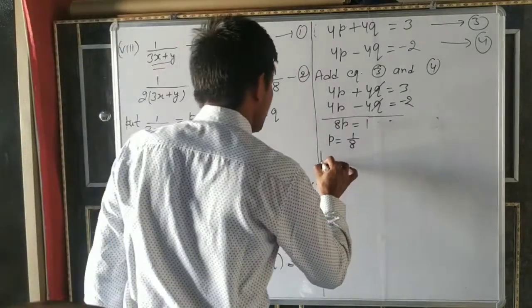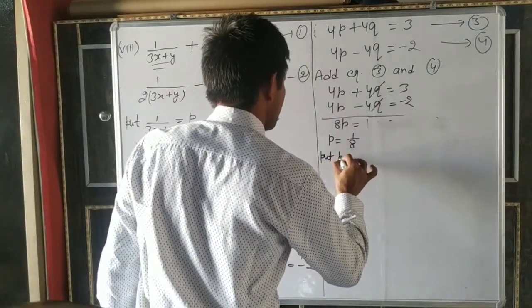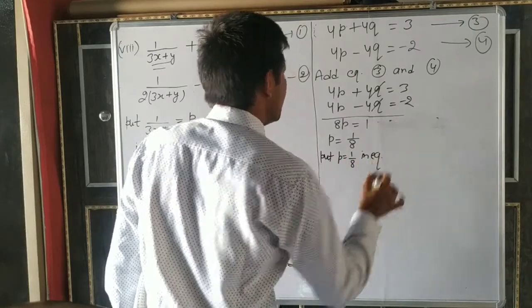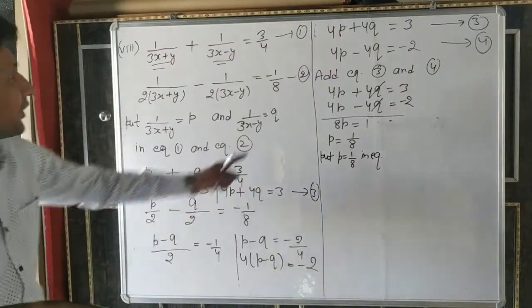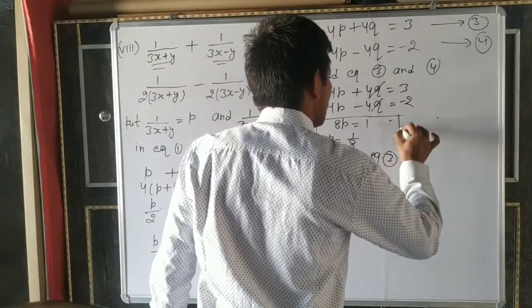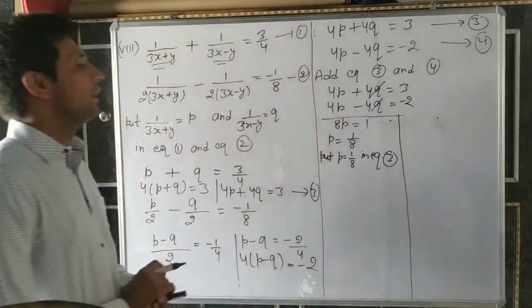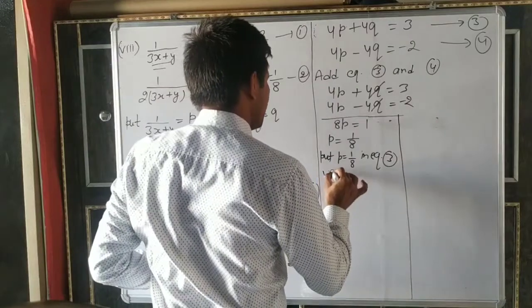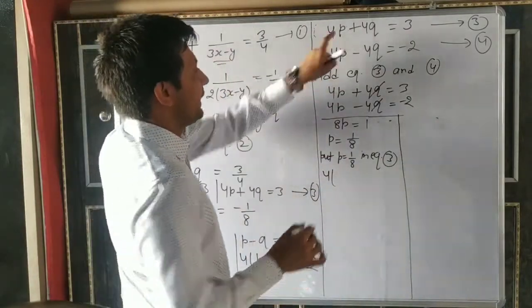To write, put P equal to 1 by 8 in the equation. In which equation? P and Q are in equations 3 and 4. In any equation you can put it. In equation 3, 4 into the P value 1 by 8